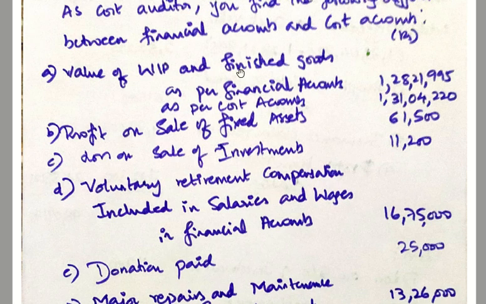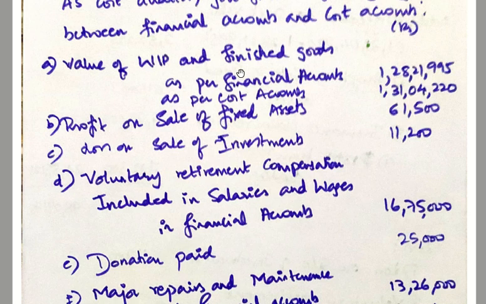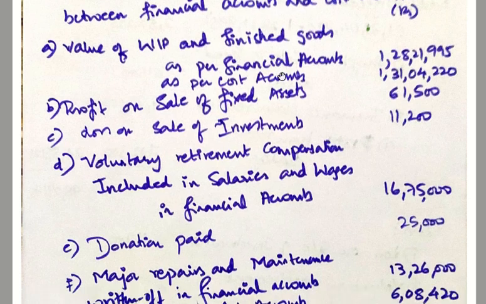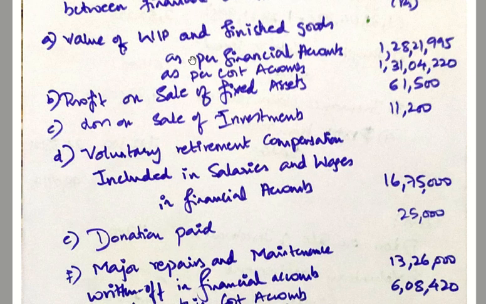So nothing reverse or inverse we will do here. Go as per the format. It is overvalued, so you will basically add it. Since it is closing stock, overvaluation of closing stock will be added. So it is work in progress and finished good given basically as per the financial accounts and as per the cost account. Basically your opening stock, so it is overvalued, so you will add it.